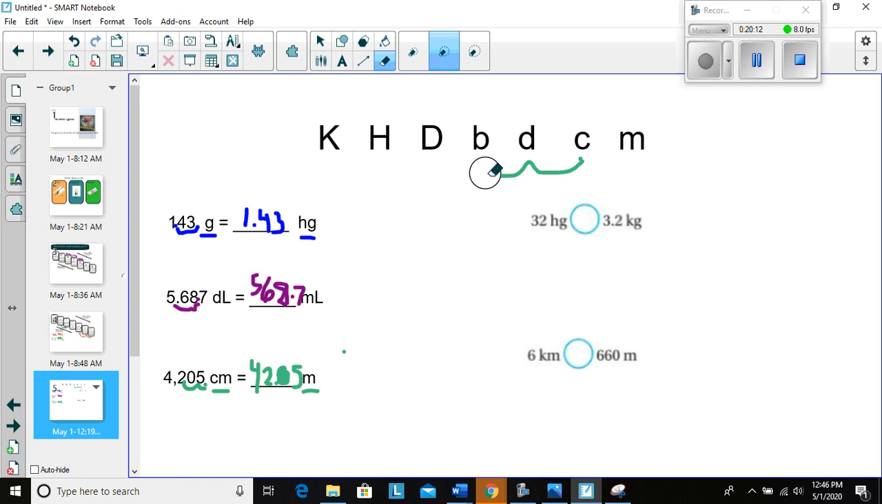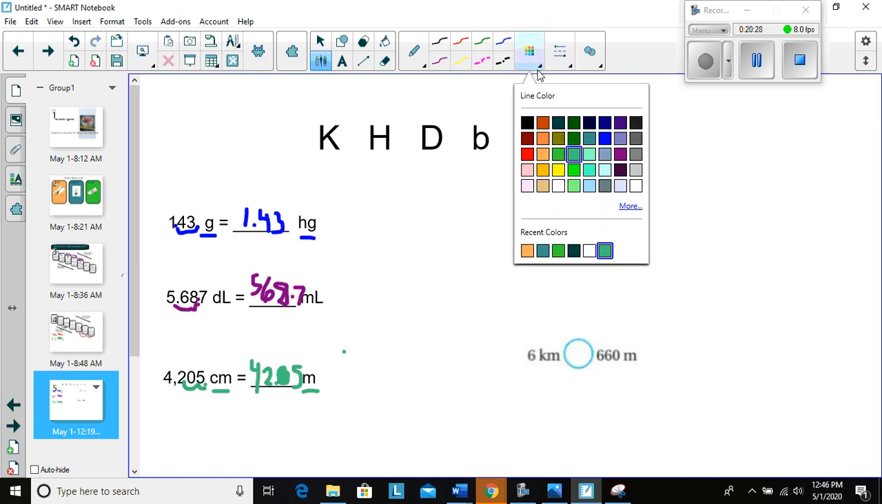You might see some of these problems on our practice today, and you might see it on the end of chapter test, but it's comparing, okay, comparing. So we've done a lot of these where we're just converting or changing it, but there's also the chance that you might need to compare two measurements. So